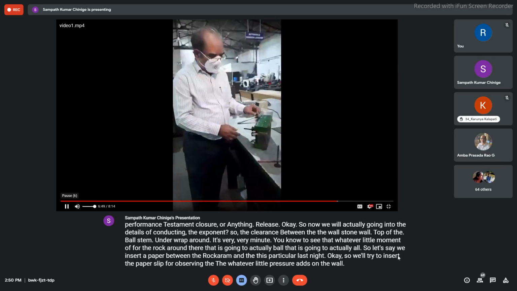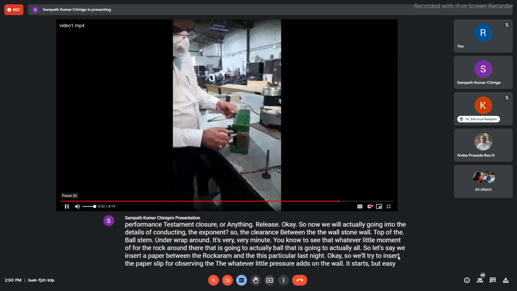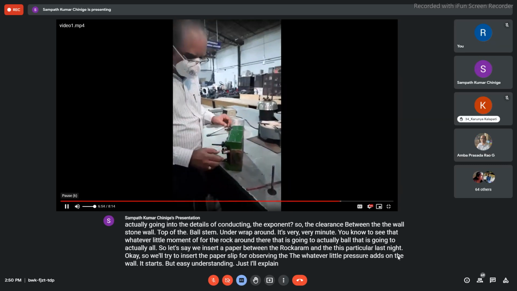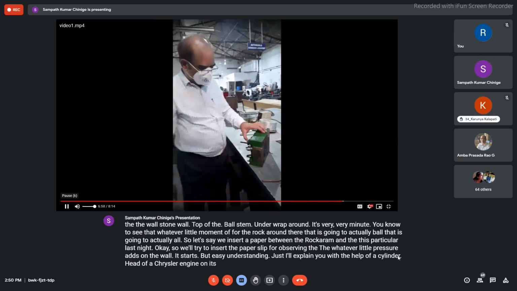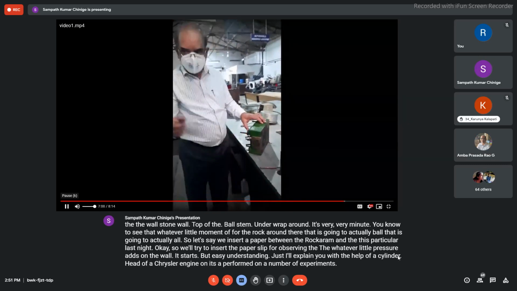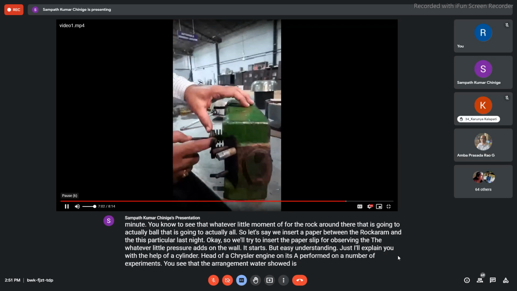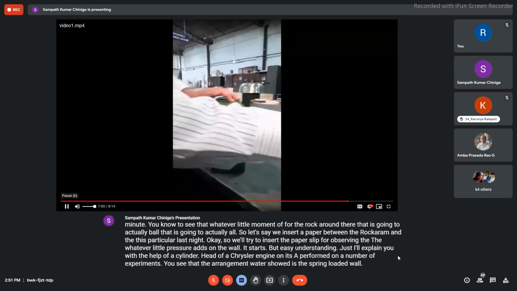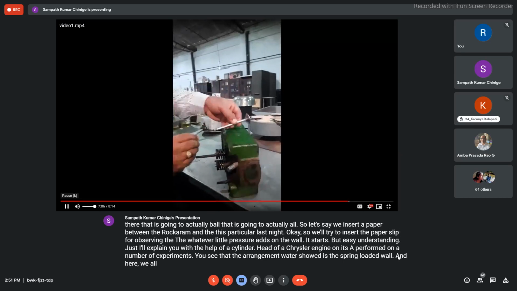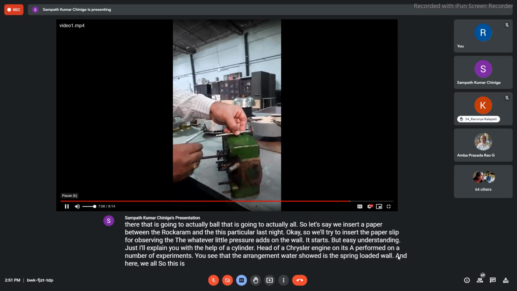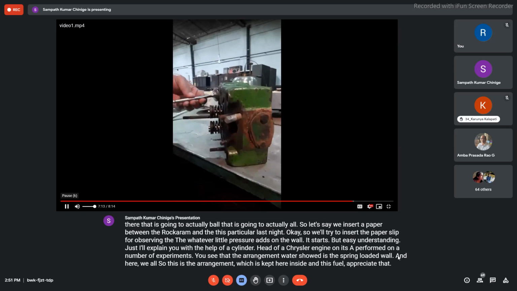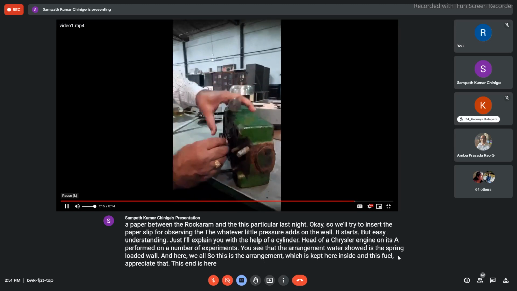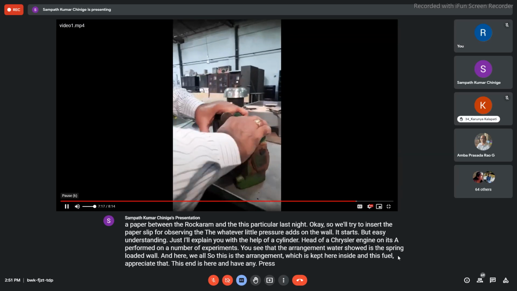For easy understanding, I will explain with the help of a cylinder head of a Kirloskar engine, on which we perform a number of experiments. You see that the arrangement I showed is the spring-loaded valve, and here the valve. This is the arrangement kept inside, and you will appreciate that this end is here, and when I press this valve,